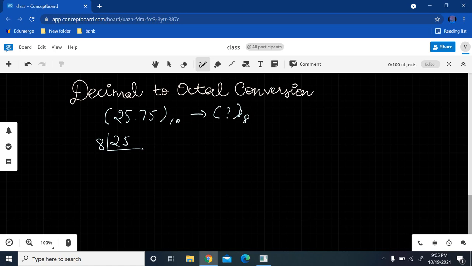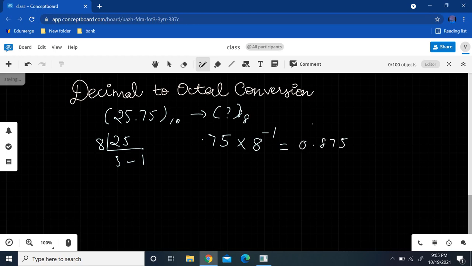Here our radix is 8, so I'm going to divide by 8. So 3, and the remainder is 1. Now go to the decimal part. What is our decimal part? 0.75. For converting the decimal fraction into a particular radix, we multiply by the radix in 8 to the power minus 1 form, and after that 8 to the power minus 2. So first, 0.75 into 8 to the power minus 1 is